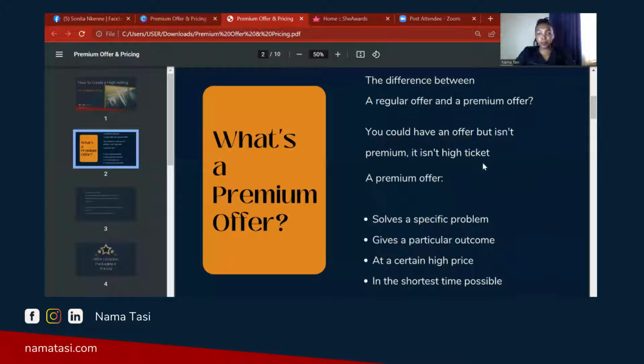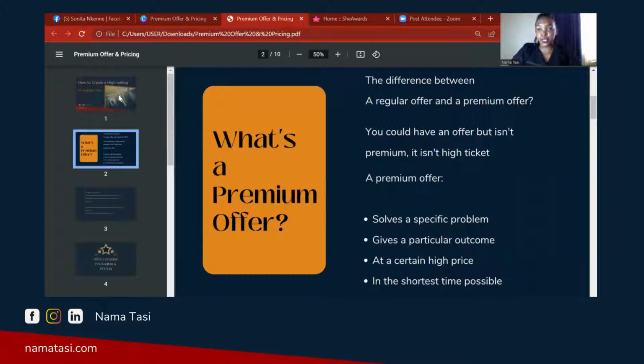And we use content and systems to just make everything flow easy and something you can sustainably do in the long term. Okay. So let me just share my screen with you as we go into the intricacies of premium offer creation. Okay. So just bear with me. All right. So